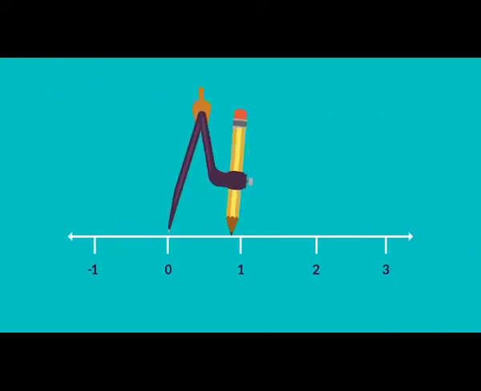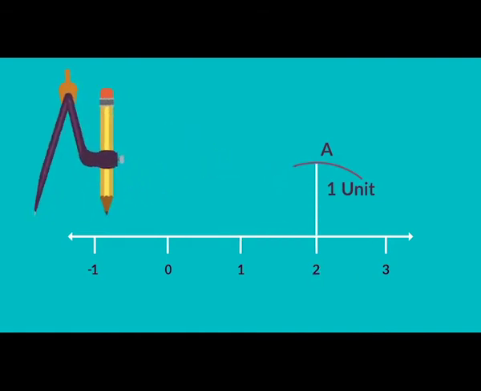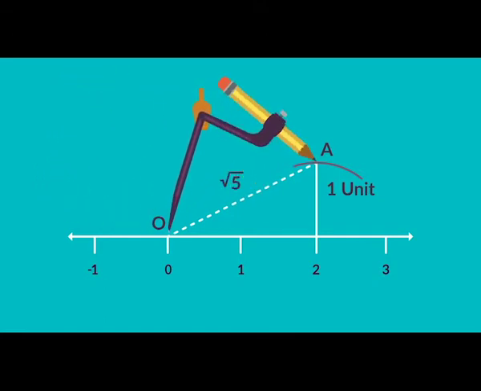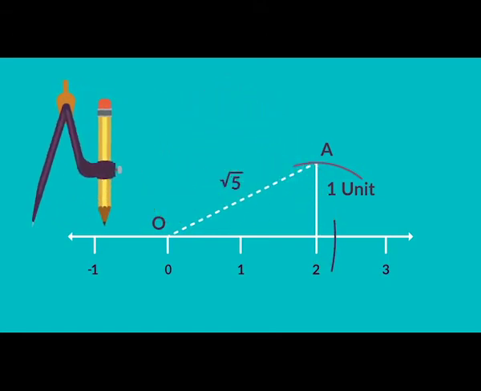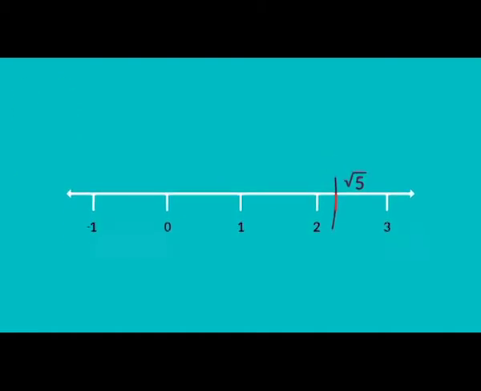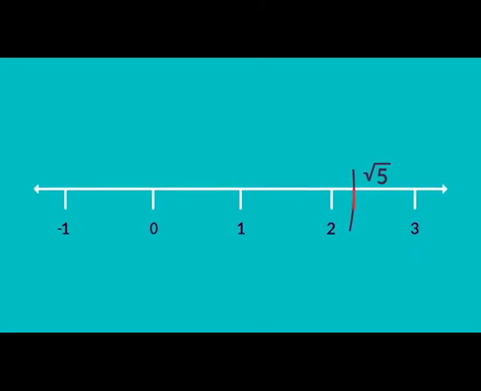Then measure and construct a right-angled triangle with a side of 1 unit vertically from 2, and join OA for a hypotenuse equal to the square root of 5. Now set the compass width to the length of OA and use it as the radius. And draw an arc on the number line. This gives the position of the square root of 5. It is slightly bigger than 2 and confirms an important property, that every real number has a unique position on